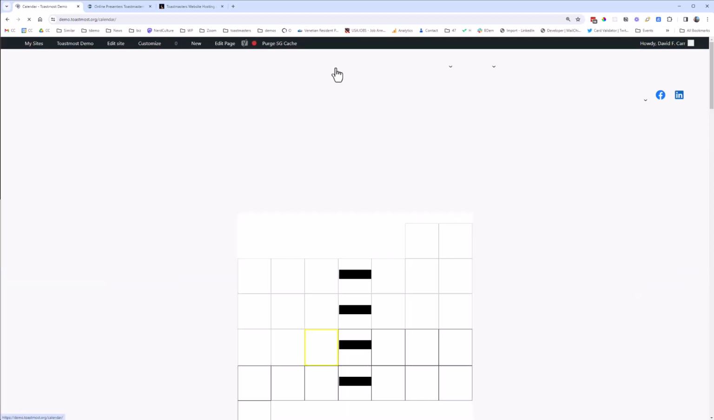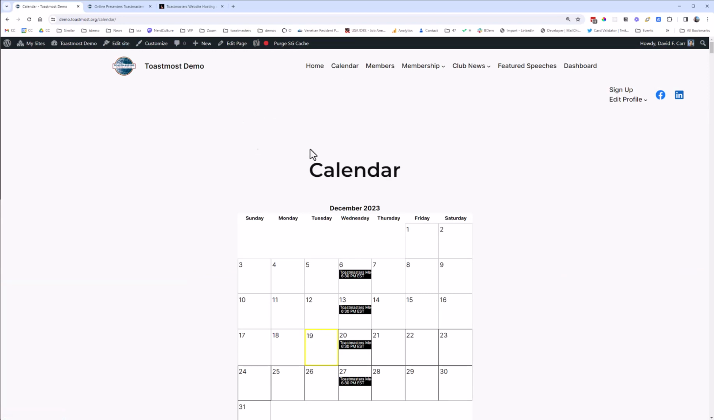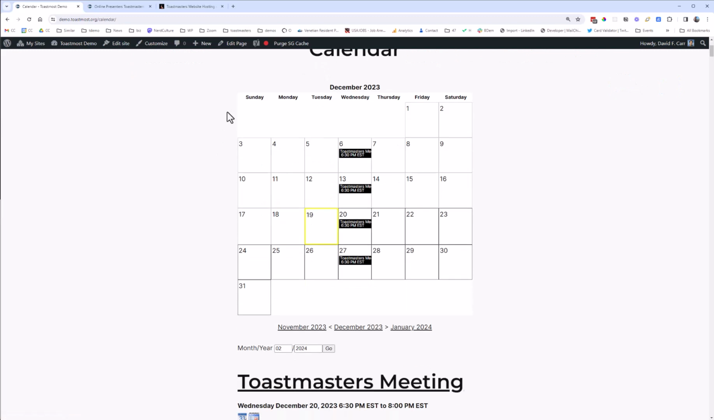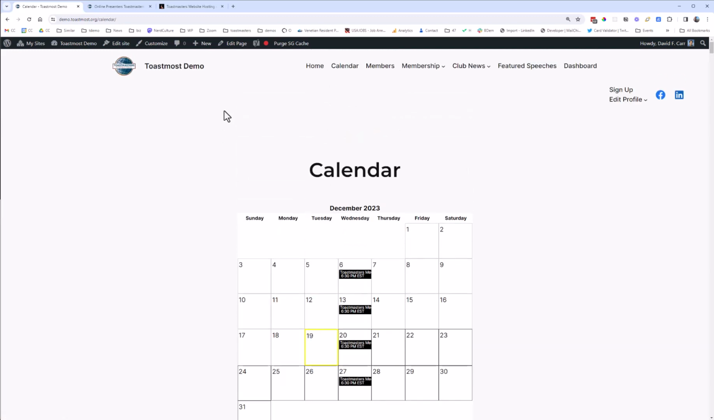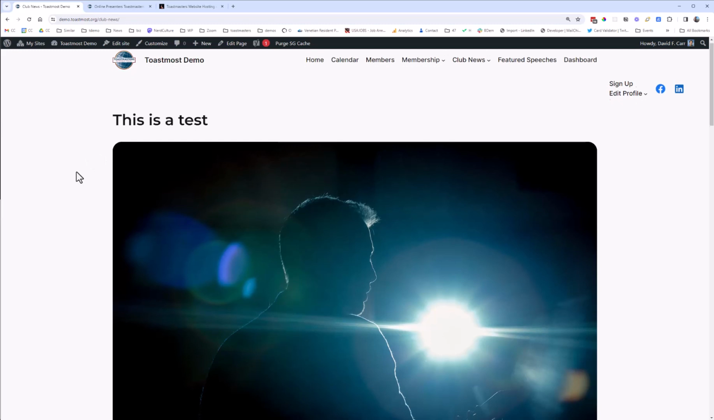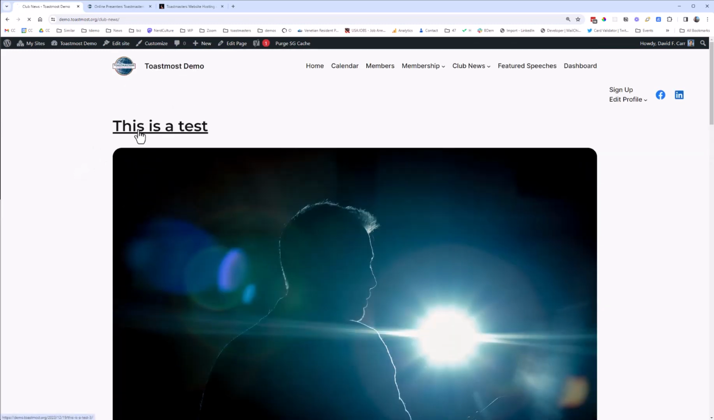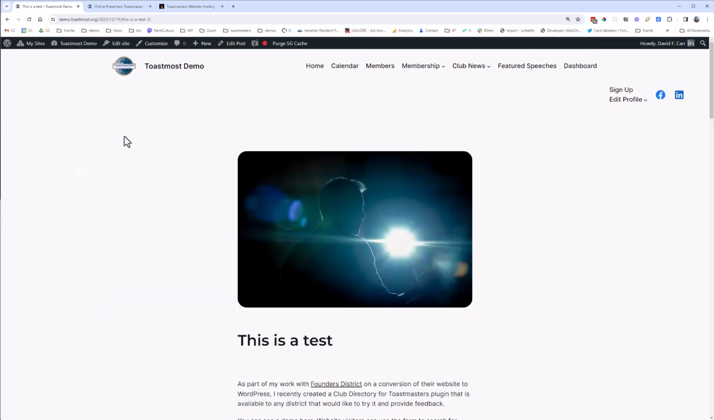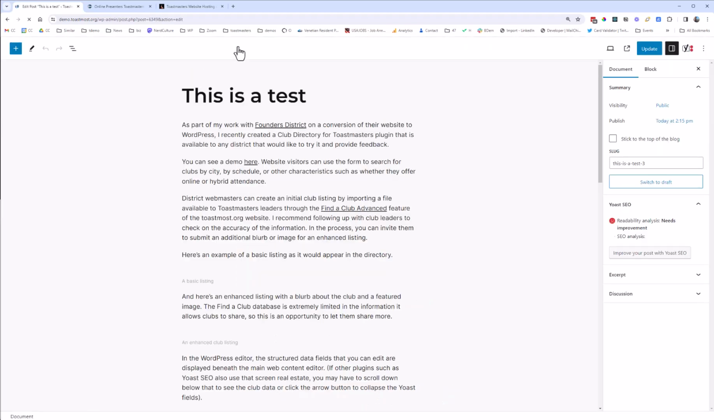So if we go to our calendar page, we get more of a black and white effect. This is the basic presentation. If I went to a blog post that has a featured image, then we would get a featured image up top. We just wouldn't get it in quite that same cover presentation. Although there is actually an option, if I edit the post,